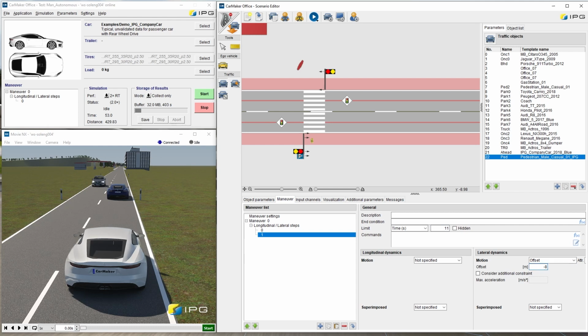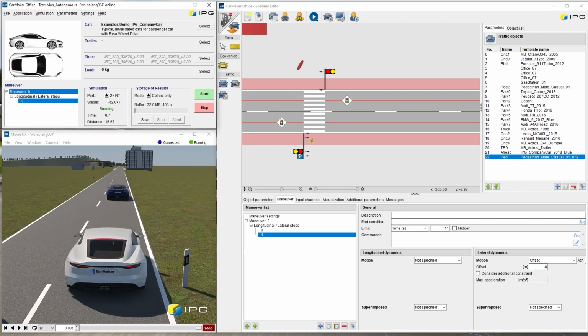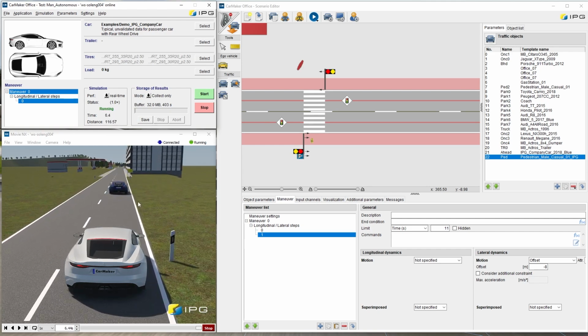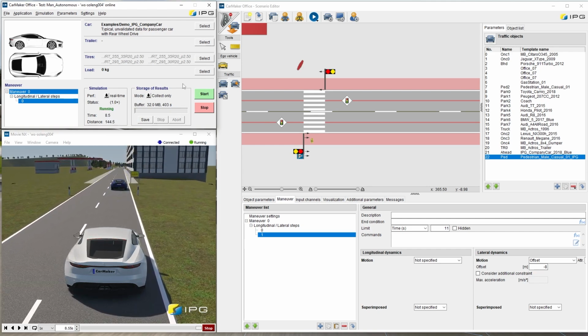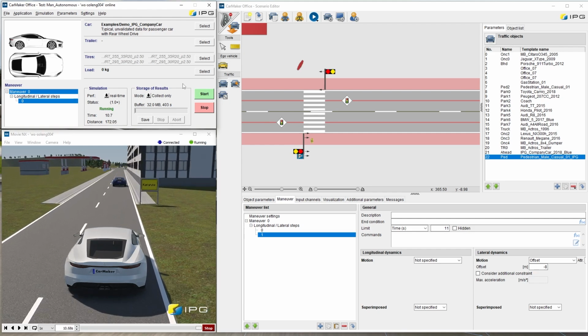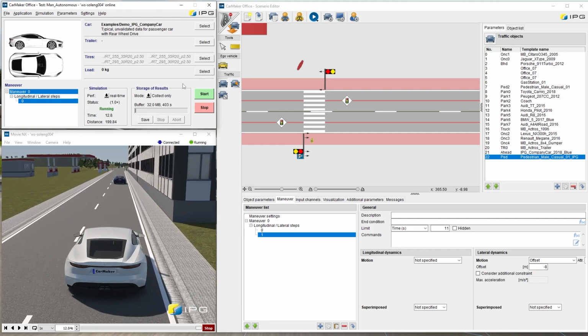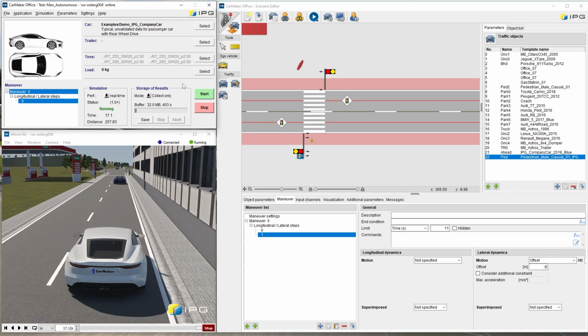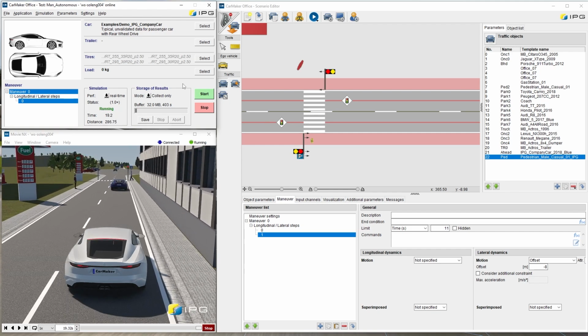Let's see how it looks like. The vehicle in front of our ego vehicle now drives to the traffic lights. As the traffic lights turn red, it stops and our pedestrian crosses the road.